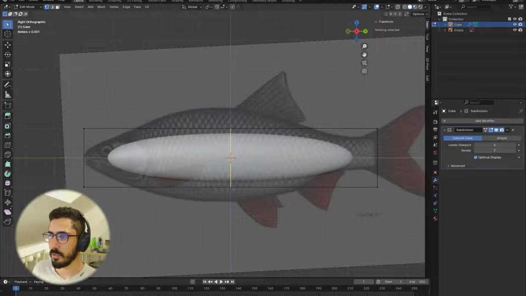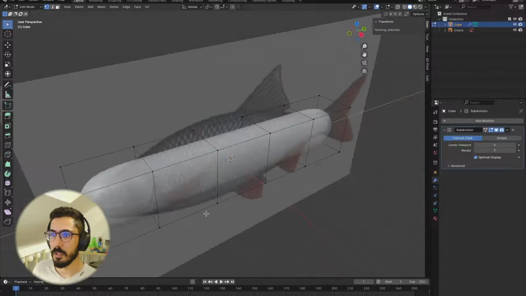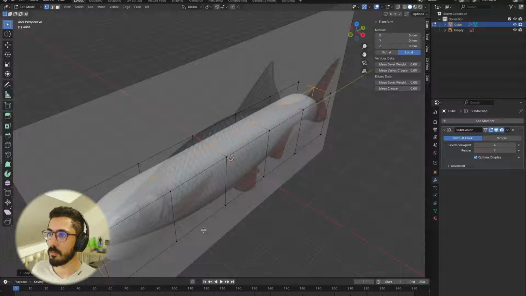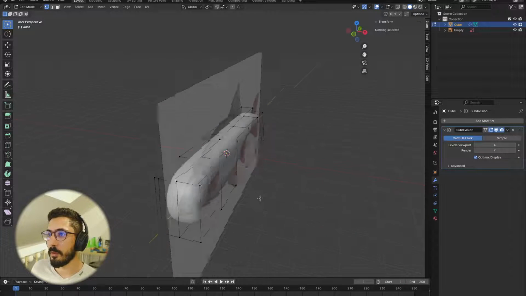I want vertical edges, and if I scroll on the mouse wheel, I can increase the number. I think these are enough for now, and Escape to leave them in the middle. And I want one here at the top, also Escape to leave them in the middle. Now from here,